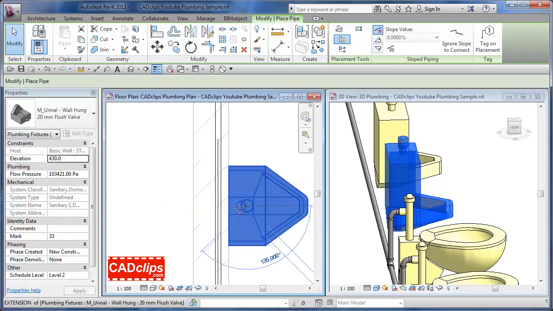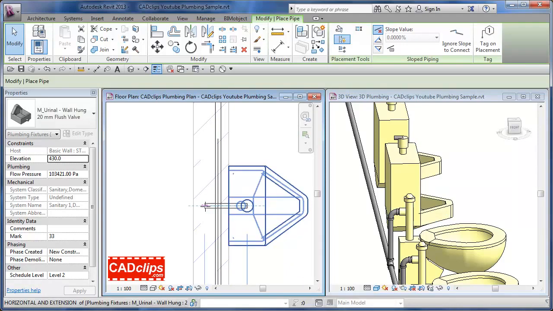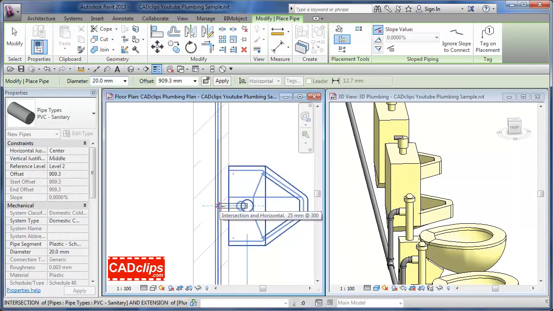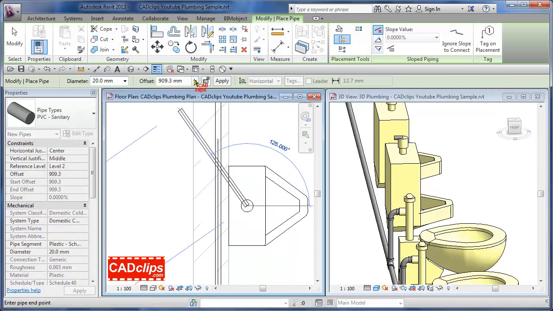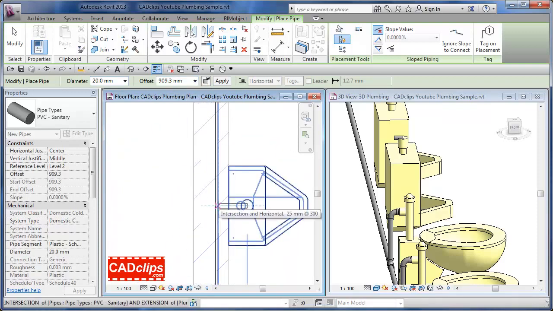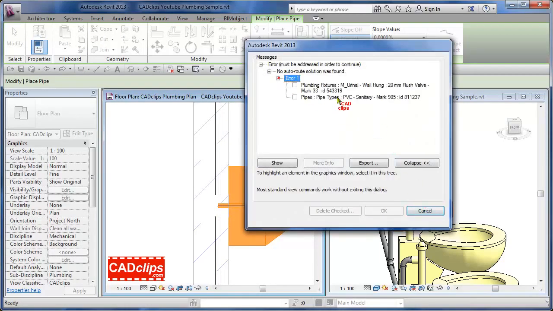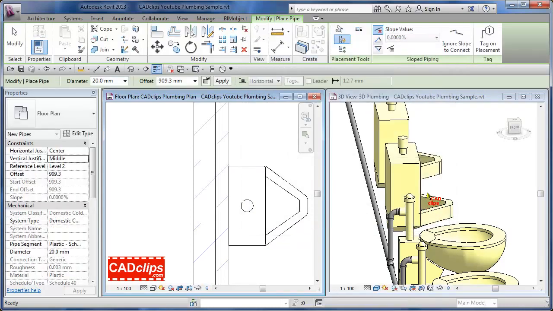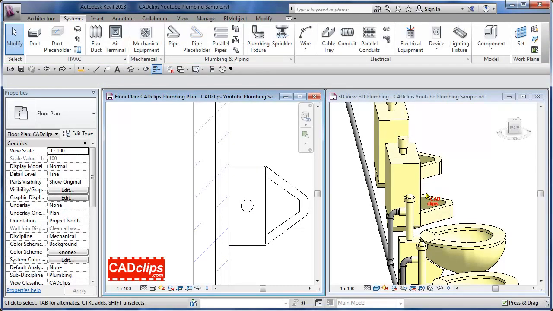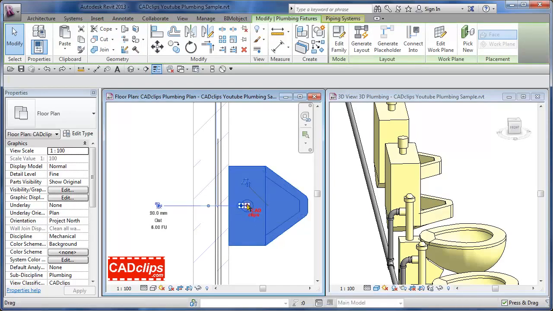Now draw pipe. So what I'm going to do here, I think, is if it's going to give me trouble going to there, which really it shouldn't, offset is set to be inherited. So that should be fine. Let's see what it says here. Plumbing fixture. Doesn't help me much. And I think it may be a case of using that inherit